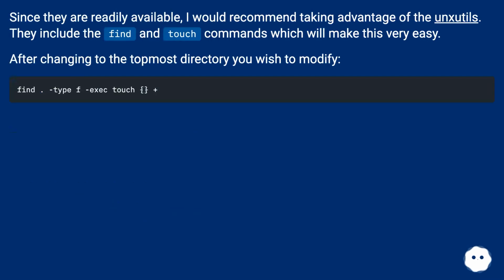Since they are readily available, I would recommend taking advantage of the UNIXUtils. They include the find and touch commands, which will make this very easy. After changing to the topmost directory you wish to modify,